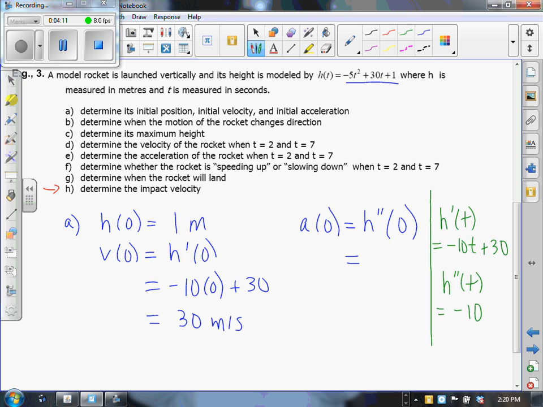So a at 0, we have a negative acceleration of minus 10 meters per second squared. So you can see that the acceleration function h double prime at t is equal to a constant, or minus 10. So what that means is that over the duration of the rocket's flight, we do have a constant acceleration. In this case it's negative. Negative meaning that it is